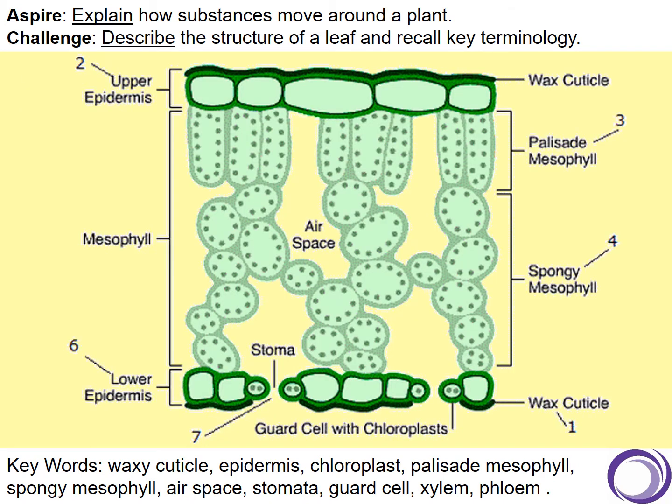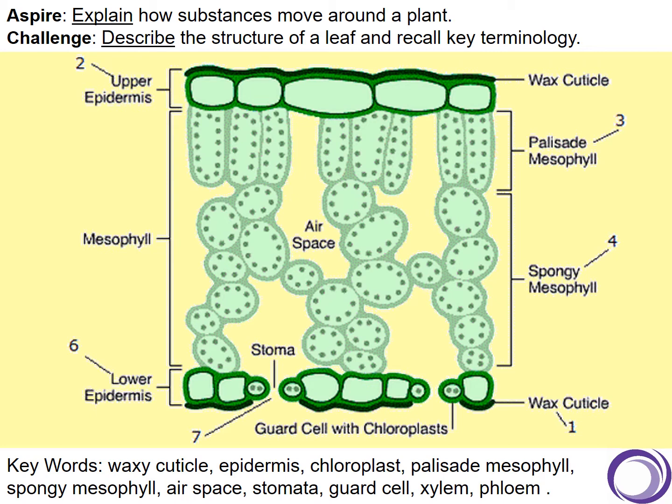So, going through some answers. That top bit was the waxy cuticle. Then you've got the upper epidermis, then the palisade layer, or the palisade mesophyll, then the spongy mesophyll, and then at the bottom there you've got the lower epidermis with the stoma, which are the holes, and the guard cells,